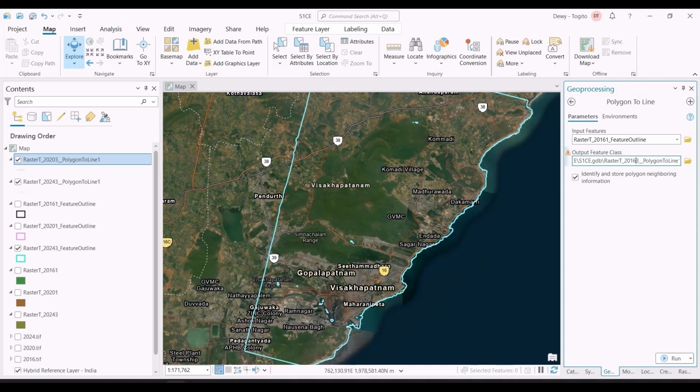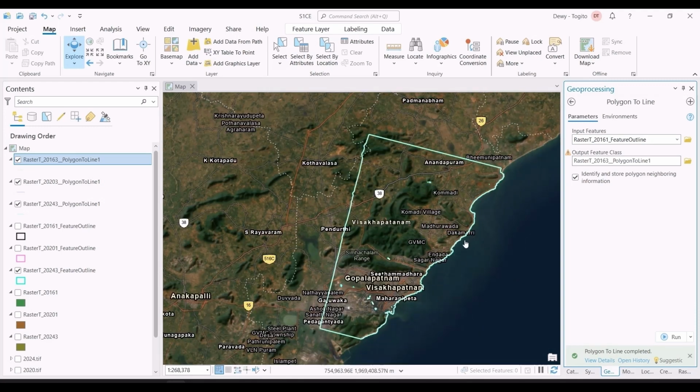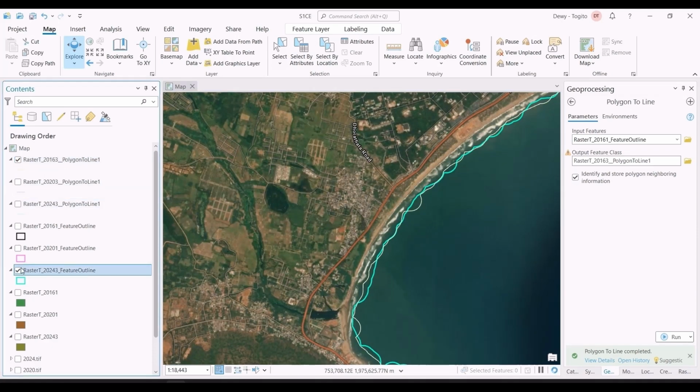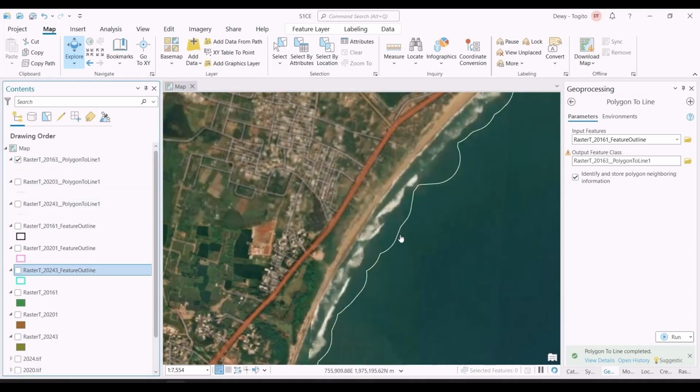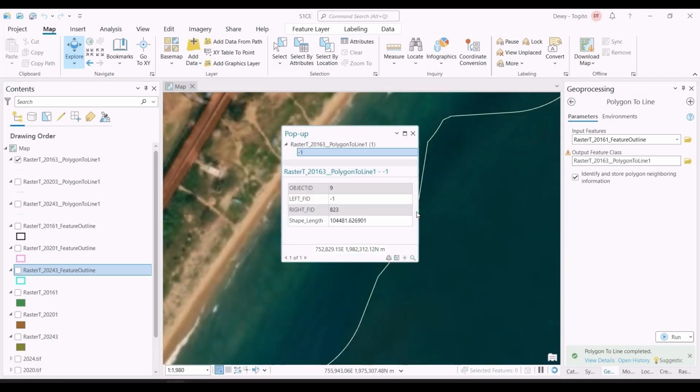We can choose to name the output files as per our choice. By default, it saves in the project's geodatabase. So the new output has been generated, but you will not be able to spot it, because it looks, quite frankly, the same as the previous output. But once I switch off the older outputs, you can see that the new shoreline has been generated, and